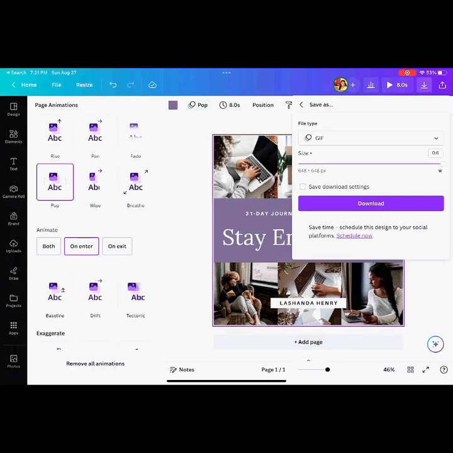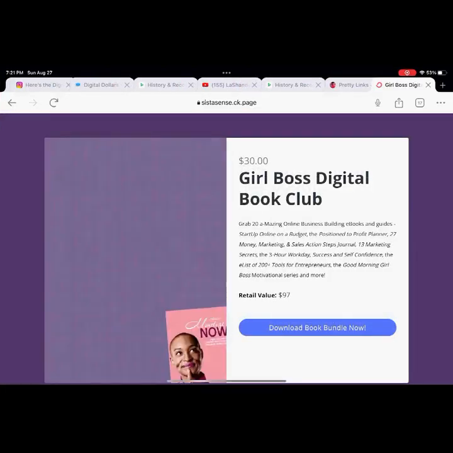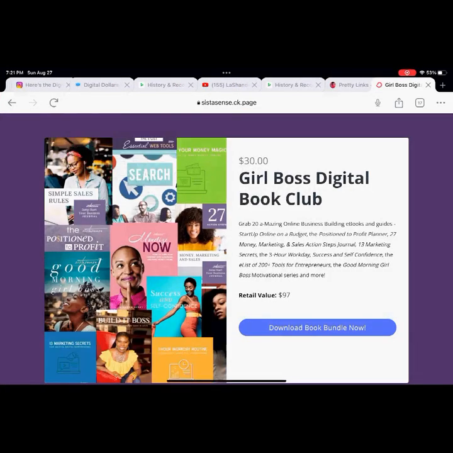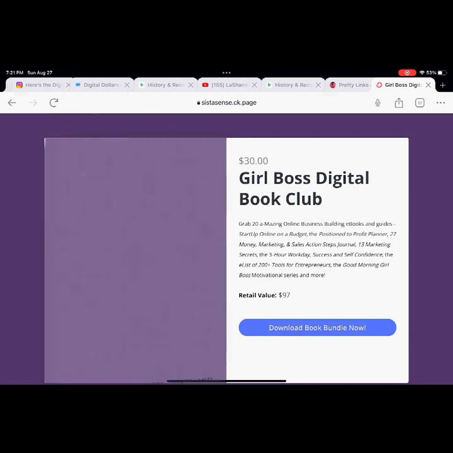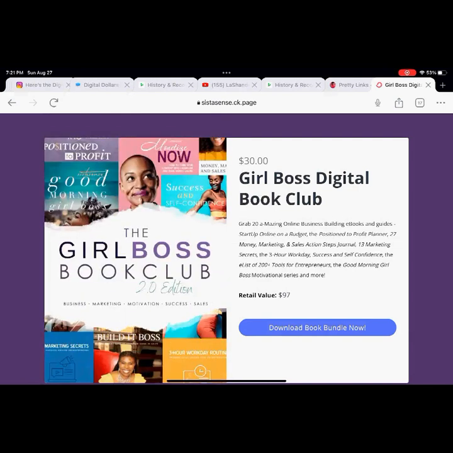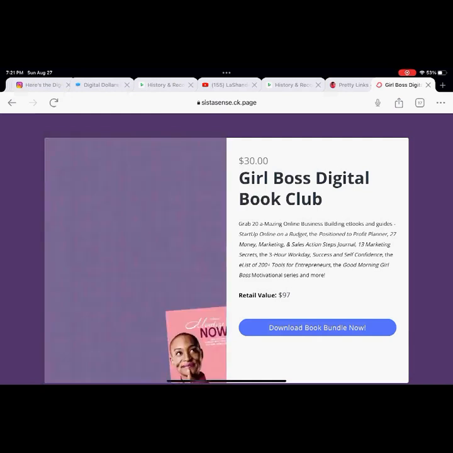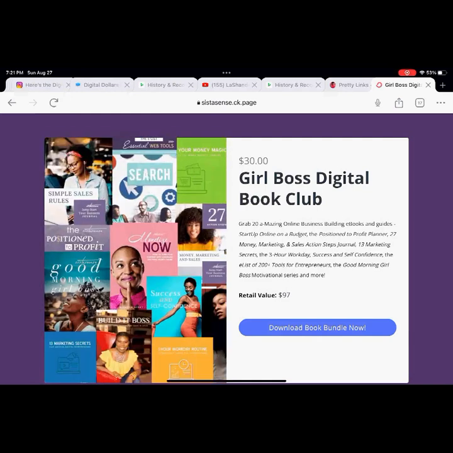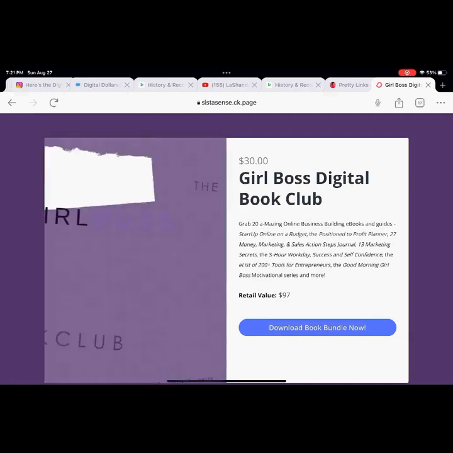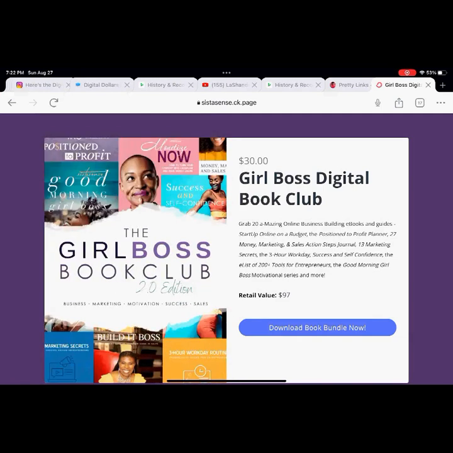So this would allow me to download this as, in this case, an 8-second animated GIF, number 1. And then number 2, just like we did before when I uploaded graphics to ConvertKit for my landing page or for a sales page, like when I created a product, instead of putting an image in here that was just a static graphic that didn't move, I could create an animated GIF graphic for a little bit of pop, right?